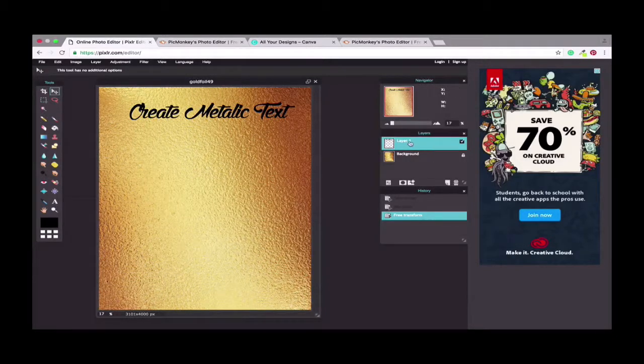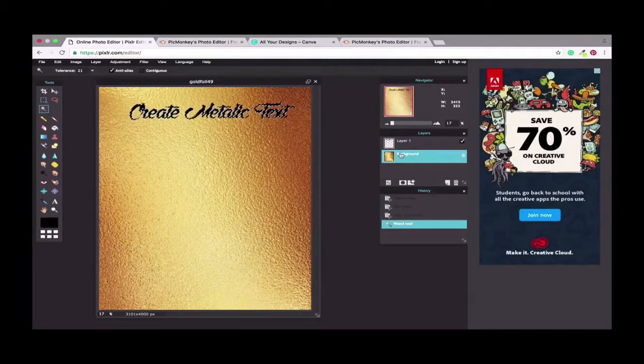And then again, making sure that you've got the transparent layer of the text selected and highlighted, you want to come over to your wand tool, make sure continuous is unclicked, and click on the text. But then come to the background layer and make sure that's highlighted before you select and click Command C